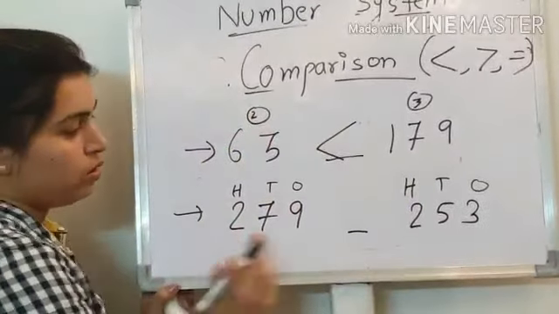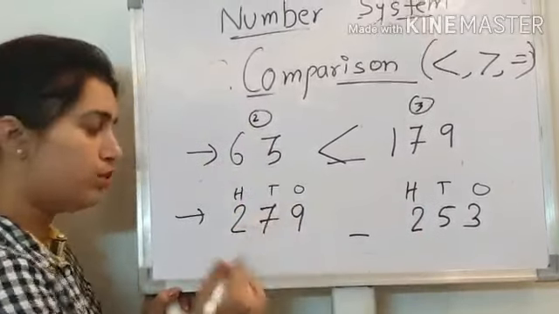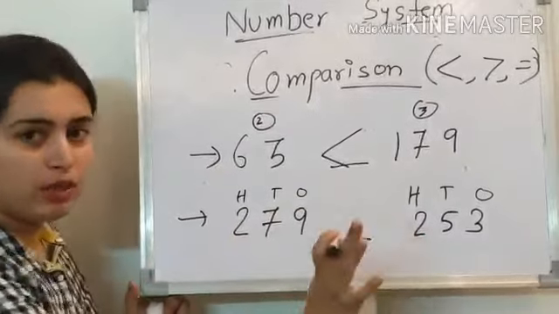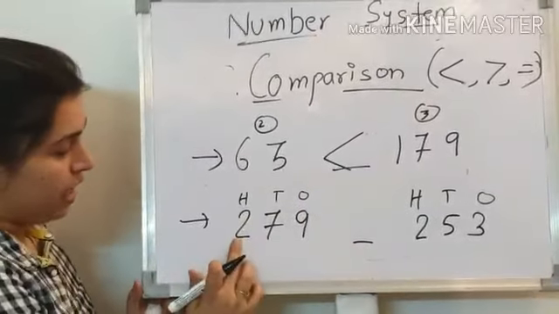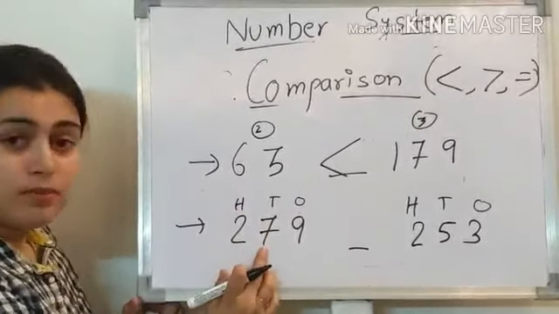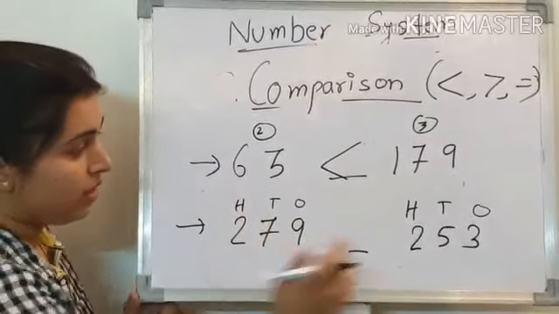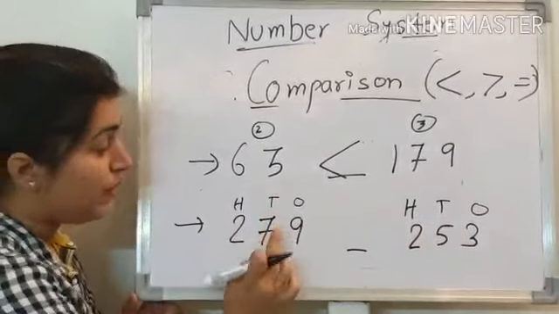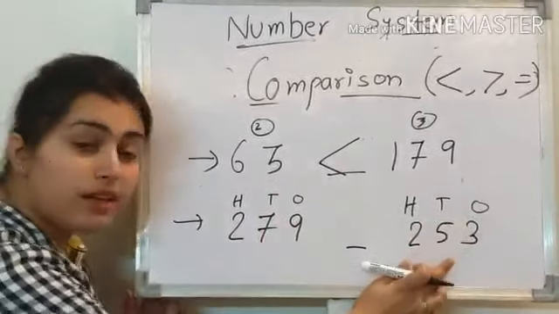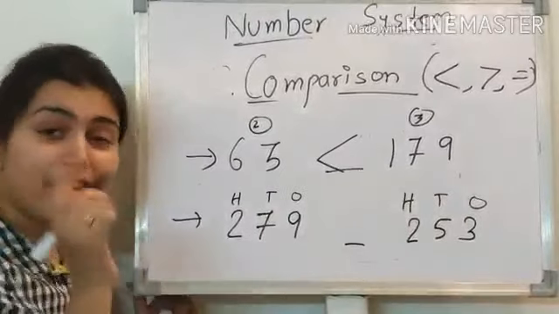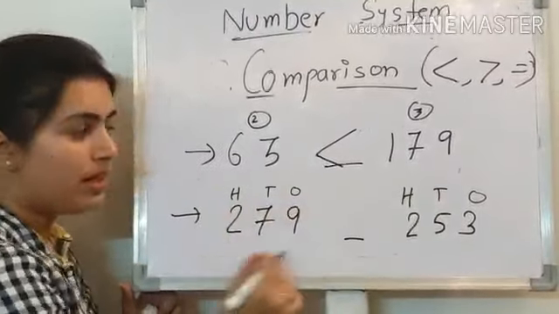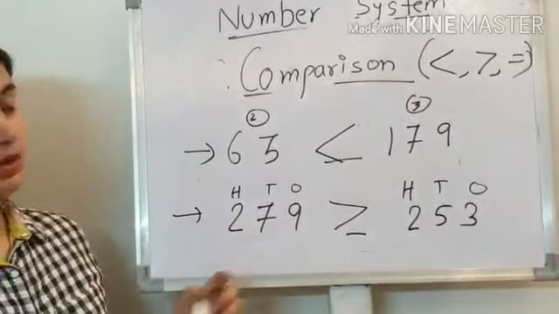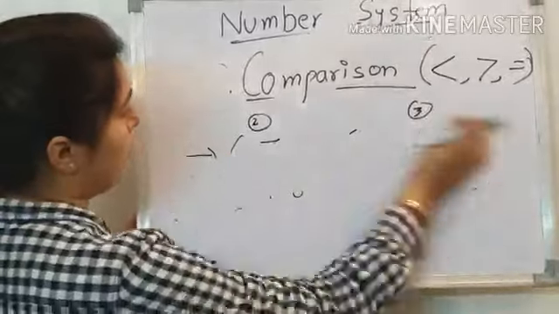Okay. Now here, 2 and 2 equal. Now move to the next one. Till we get the result, we have to compare. Okay. 2 and 2 equal, no result. Again, after 2, which number will come? 7. Tens place, 7. Tens place, 5. So which number is greater? Tens place 7 is greater or tens place 5 is greater? 7 is greater. Again, you are correct. So students, this number is greater. So we have to put this open mouth towards this number. Okay, students. Now this is how we compare.